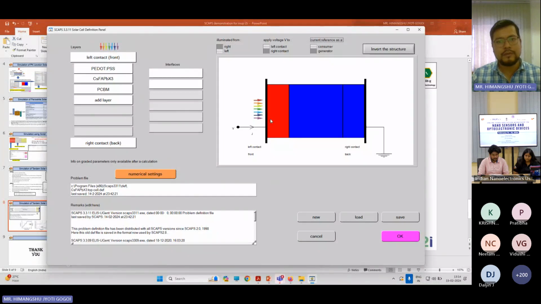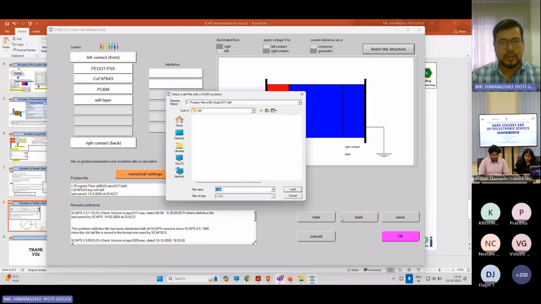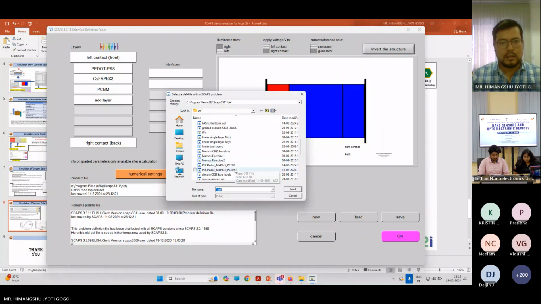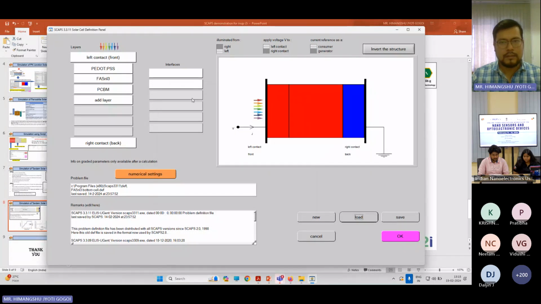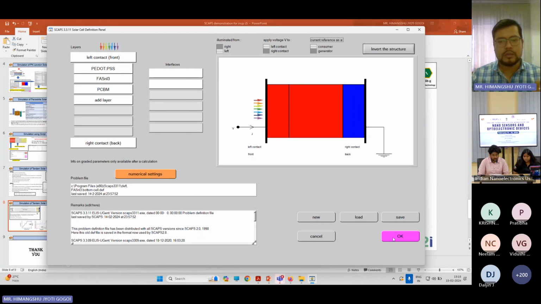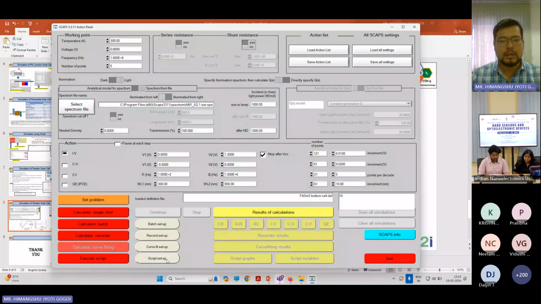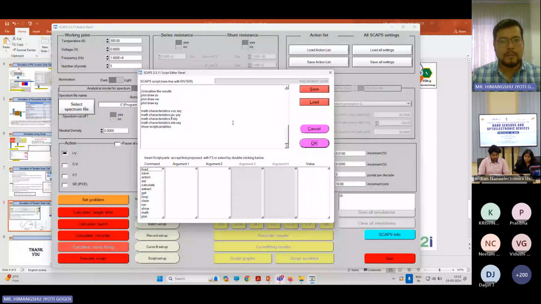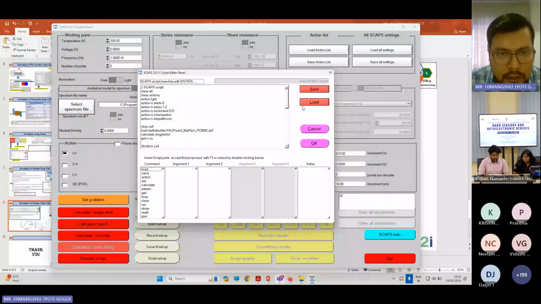So this is the first subcell, and if you load the second one, this is the second subcell, and it has a band gap of 1.4, and the previous one has a band gap of 1.8. So we have already simulated these two individually. So if we run the same script file for these two,